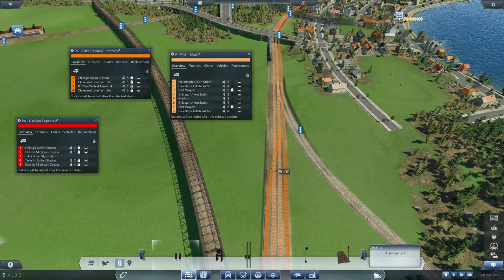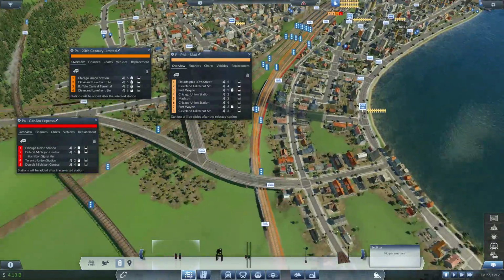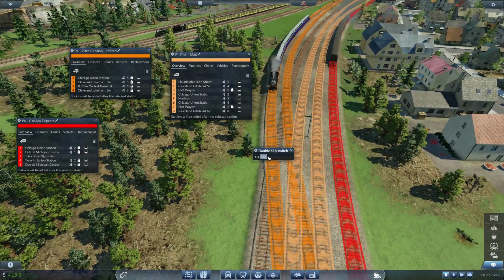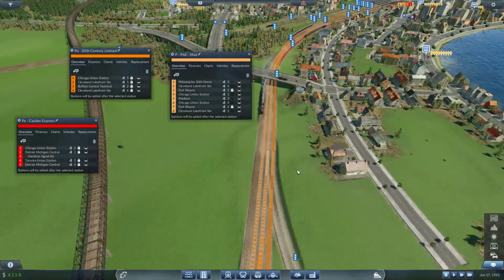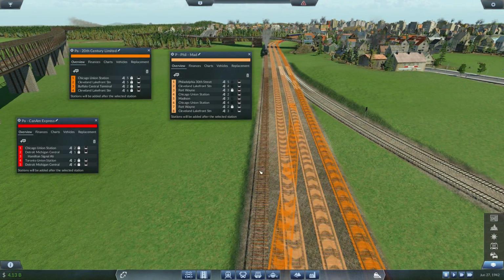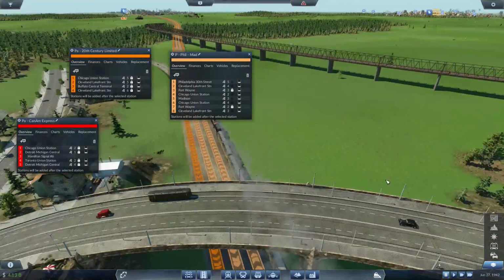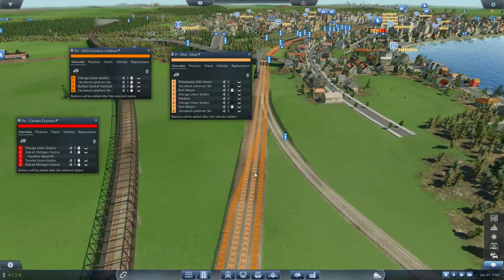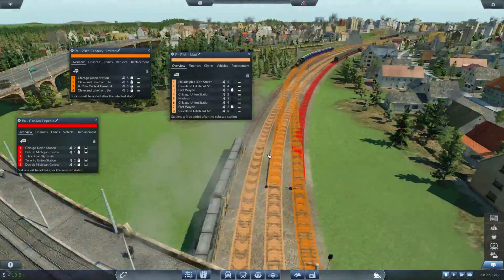Alright, now this is where we need to start getting our adjustments back in. Where is this going to be pulling into? It wants to go over that side. Now, if I should be able to... It should be able to stay on this side. That's the theory. Yeah, it should be able to stay on this side without an issue. So I want it to stay on this side as long as it can. The problem is...